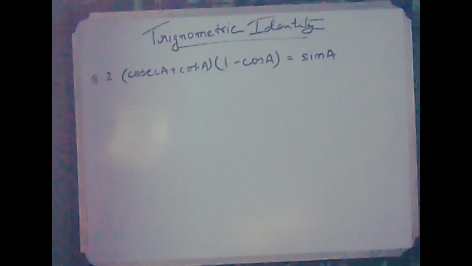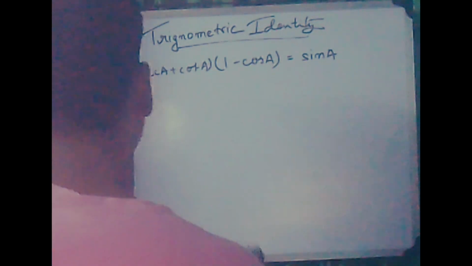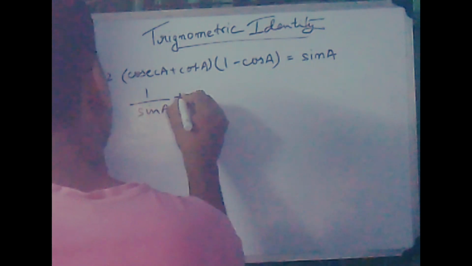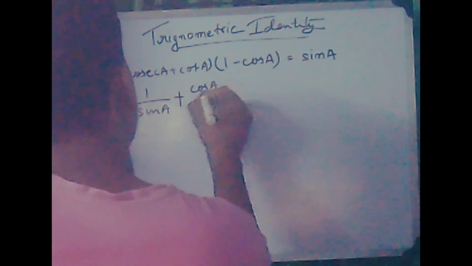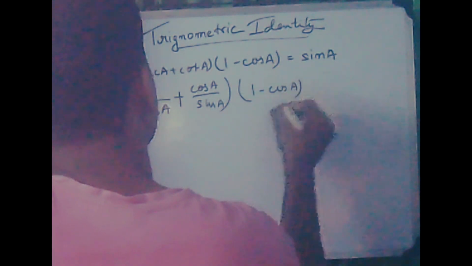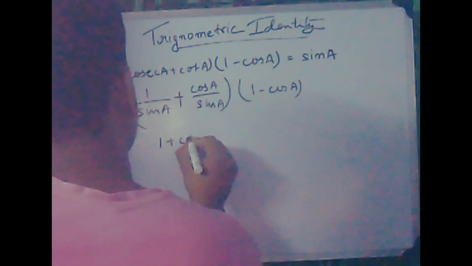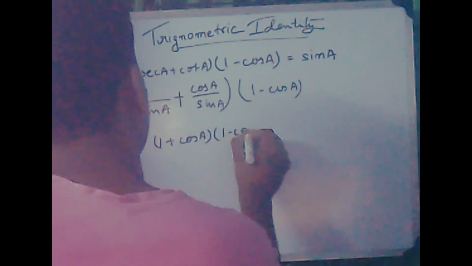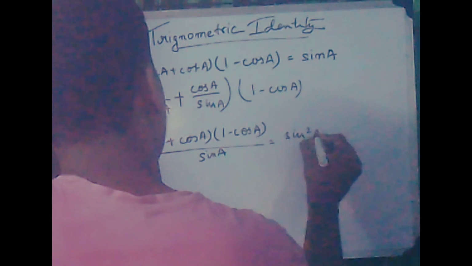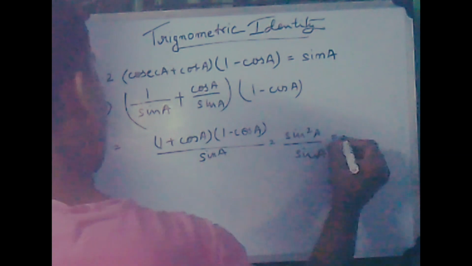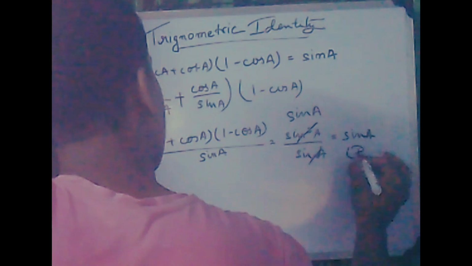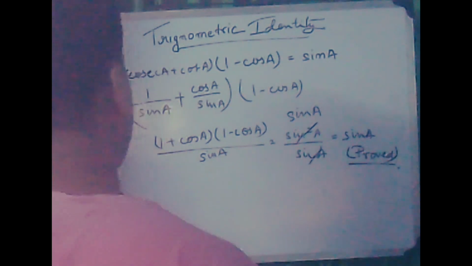Moving on to our next question, where we have to prove (cosec A plus cot A)(1 minus cos A) equals sin A. So solving the LHS first, we get cosec A as 1 by sin A and cot A as cos A by sin A, and the remaining one will be written as it is, 1 minus cos A. Solving this equation, we would get (1 plus cos A)(1 minus cos A) divided by sin A, which will give us sin square A by sin A. The sin square A and sin A will get cancelled out,